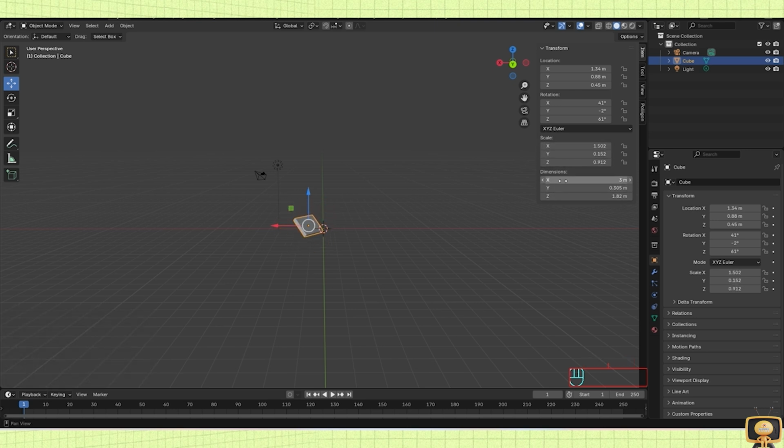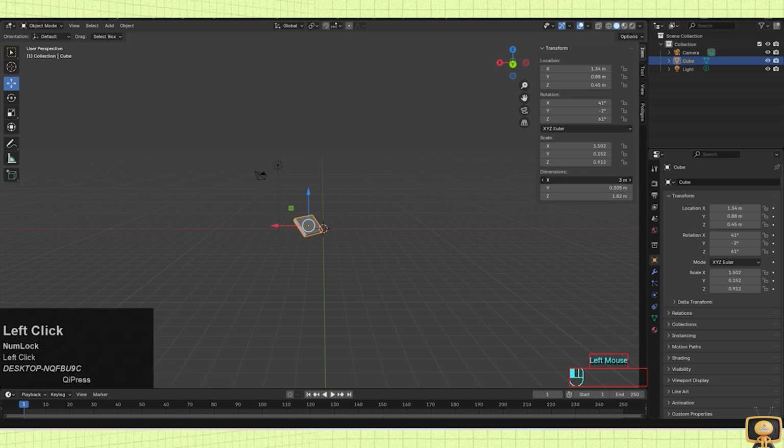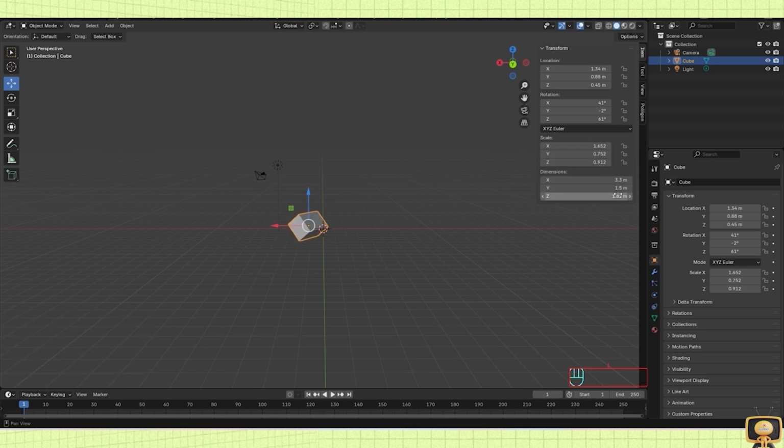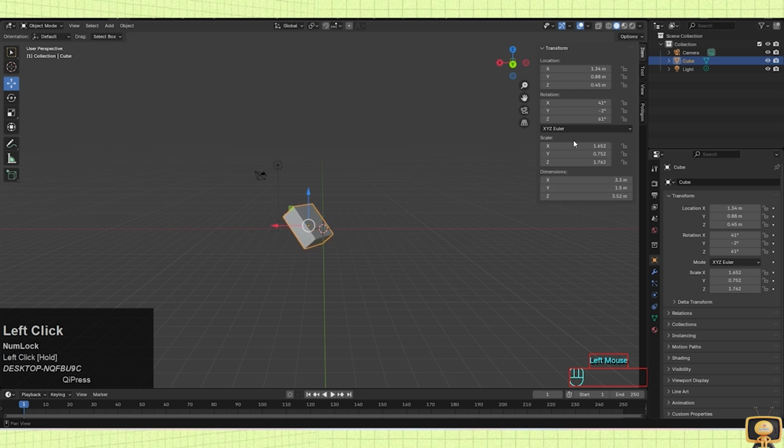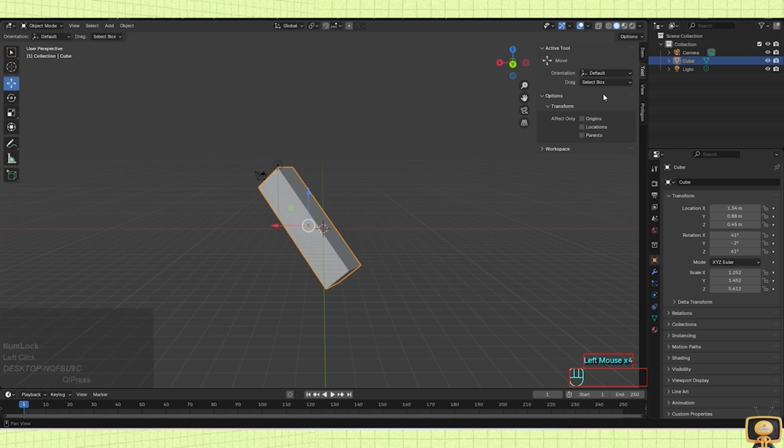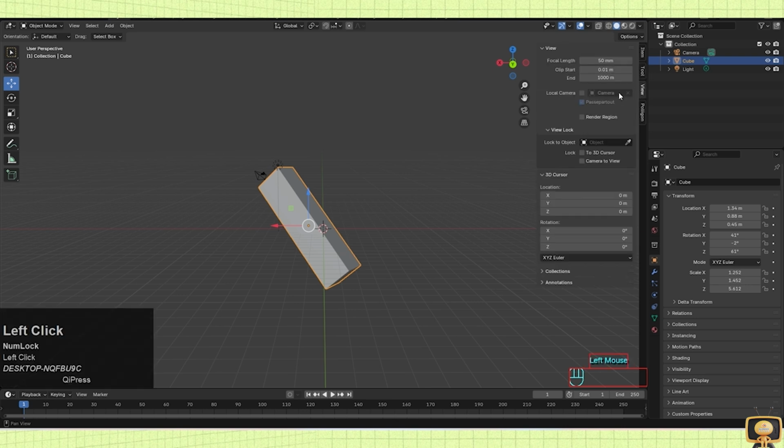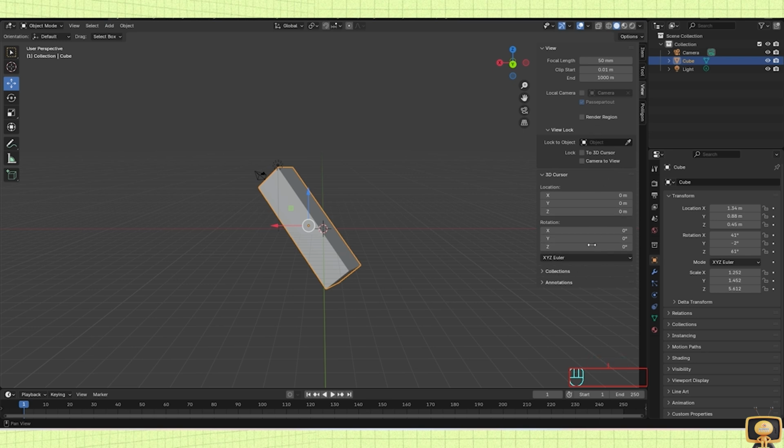We are not going to use scale factor because we have to take care of the dimension, how much dimension we are using. So that's why we need to change the dimension accordingly. And accordingly, simultaneously, they both will change. So we have to take care of the dimension only, not the scale in these projects. You can see. Now go for the tools. We are not going to use this right now. And for the viewport, we will talk about it later on. As we are going to use all these options one by one, we are going to talk about them briefly in upcoming lectures. Let's go for the item and close it.